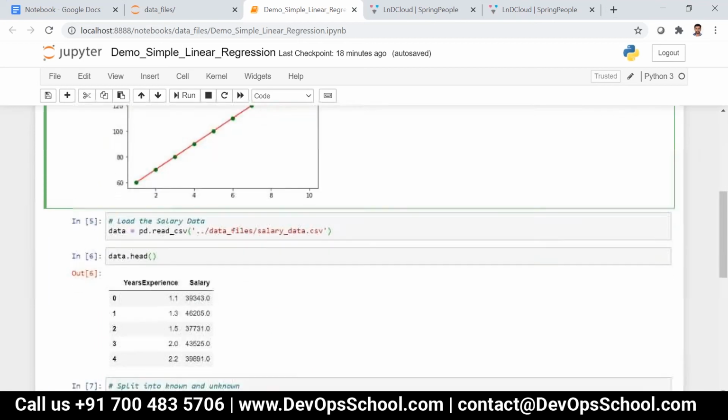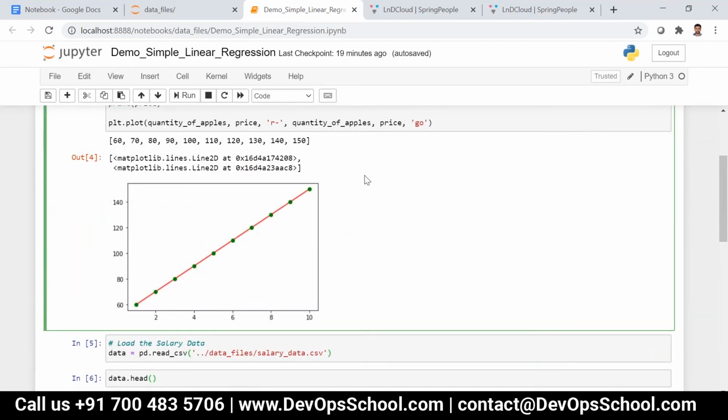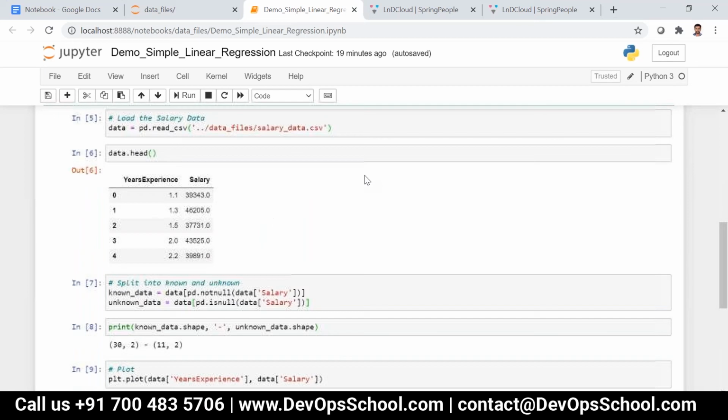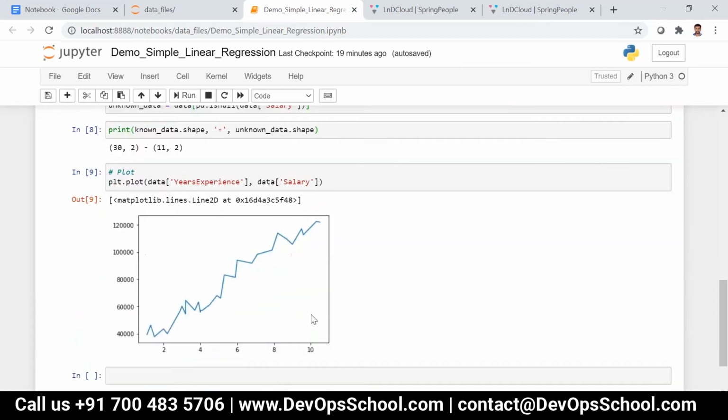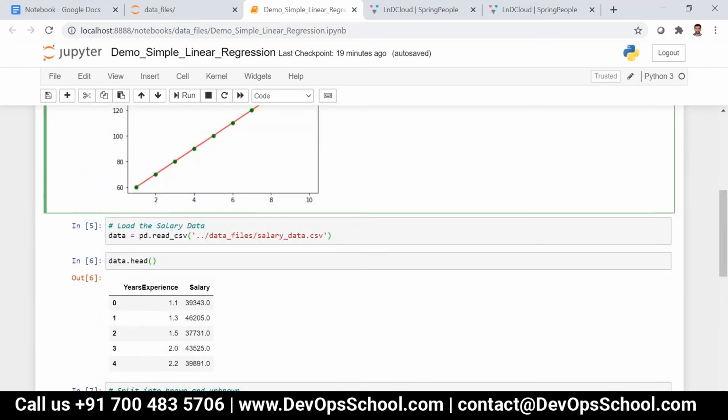Right? But over here, can we predict the salary by seeing the data? No, it's not at all possible, because the data is in a linear fashion, but it is not uniformly distributed like the previous one. So for this, we have to go to the model. Okay, so what we have to do, hope you guys know about the equation.